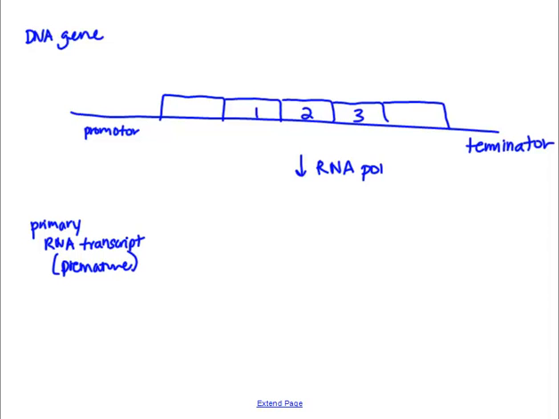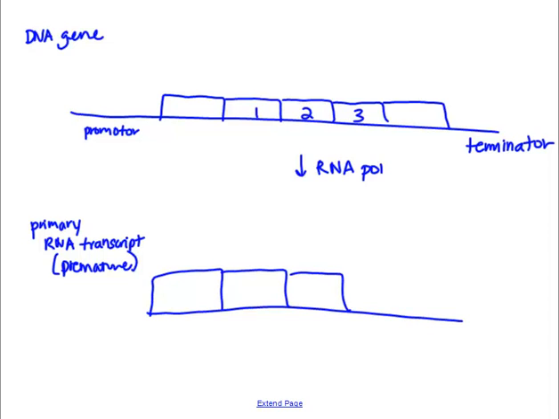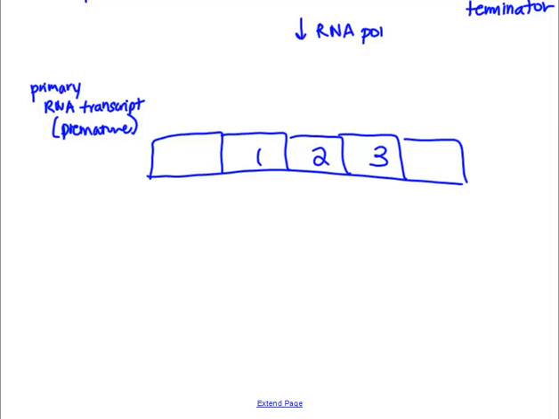And this transcript will contain an RNA copy of all of these sequences. So you'll have 5 boxes. But then this premature RNA transcript can go through splicing, and alternative splicing can make different mRNAs, mature mRNAs, from this original transcript. So through alternative splicing,